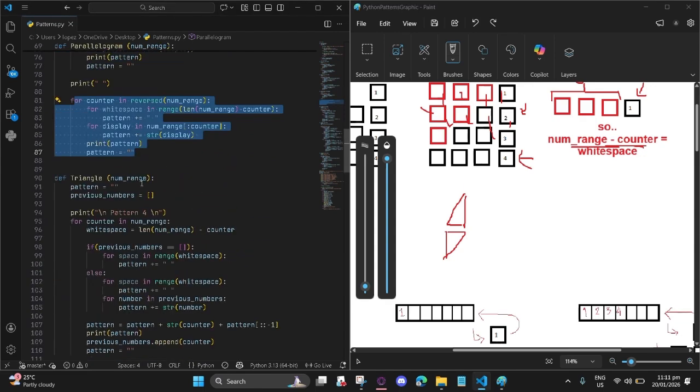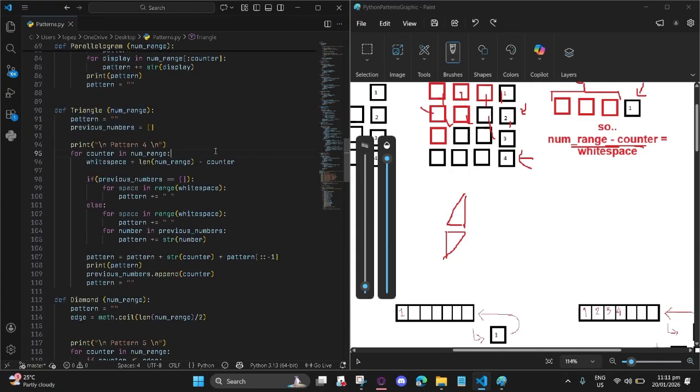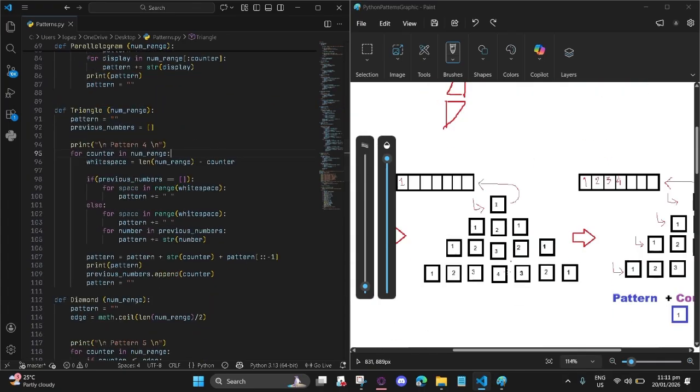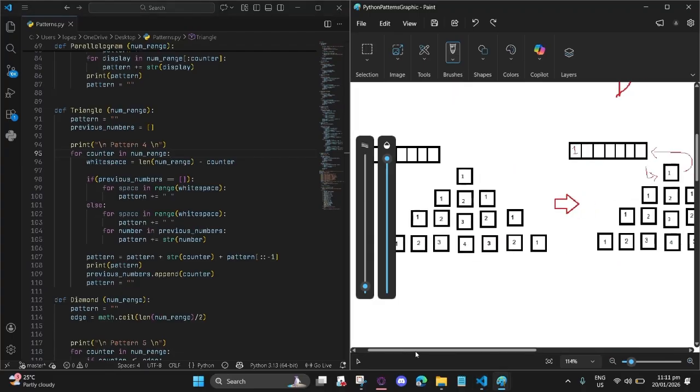The fourth pattern is the triangle. The triangle is an interesting one because it isn't just 1 2 2 2 2 3 3 3 3. It's actually 1, and then 1 2 1, and then 1 2 3 2 1. And so the way we do this here